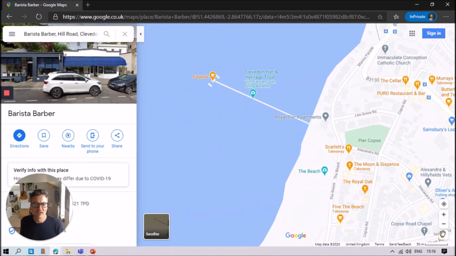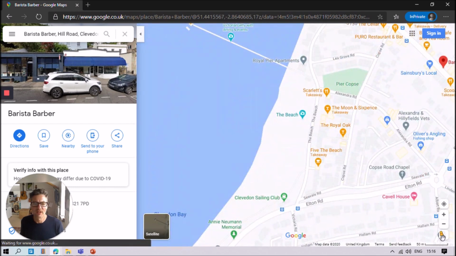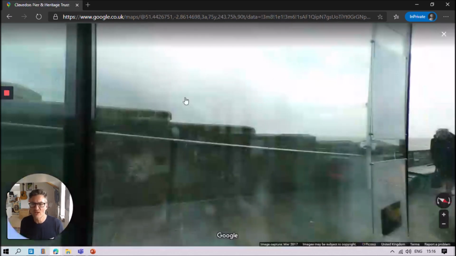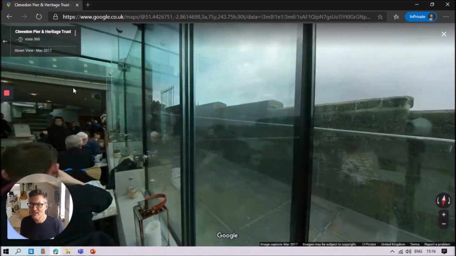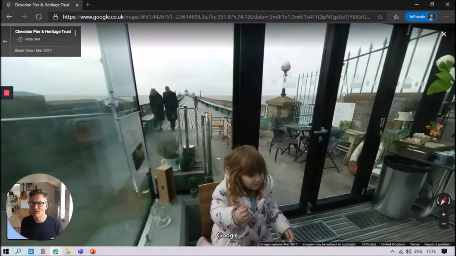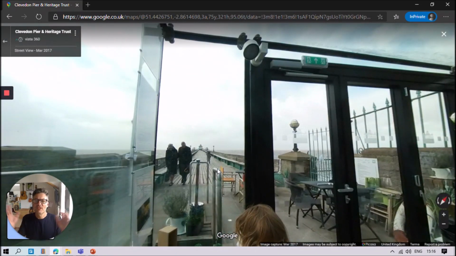I could have showed the Clevedon Pier. You know, I don't mind. Obviously, this is not about me. This is about you. But you can just show whatever you want. Oh, I'm actually in a restaurant here. I've never been in this restaurant until just now. That's the pier. Right. You get the idea. Share something about yourself. Post it in the comments.